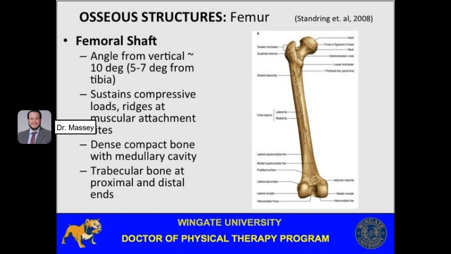So again, that femoral shaft here with our nice, dense, compact bone. We have a medullary cavity within, and this is basically going to be a columnar shape here, and this is going to help sustain compressive loadings. So loadings from the body weight with different activities, but also we've got these ridges here that are going to be attachment sites for those strong muscles of the thigh. So our linea aspera, medial and lateral lips here, and